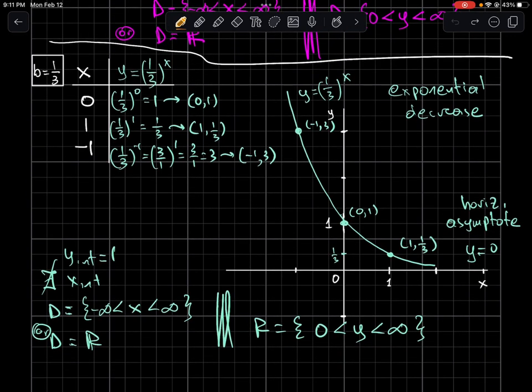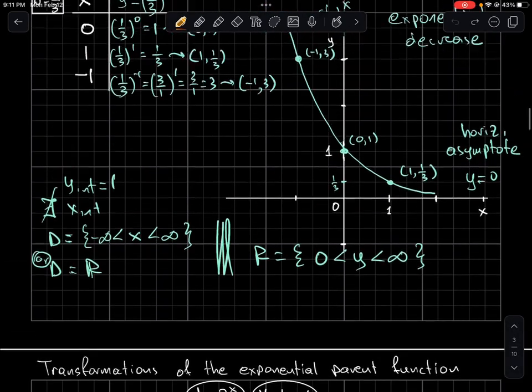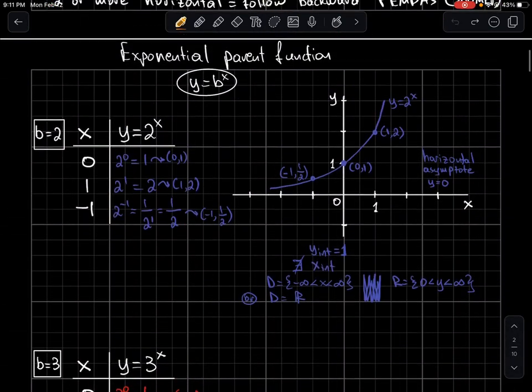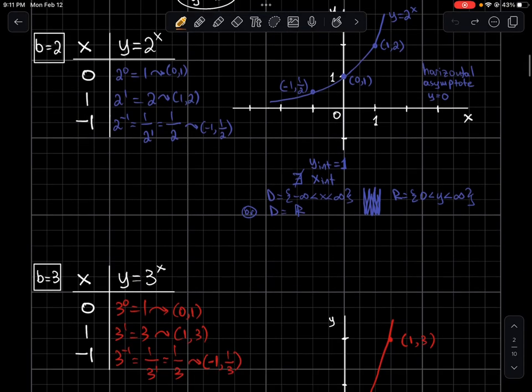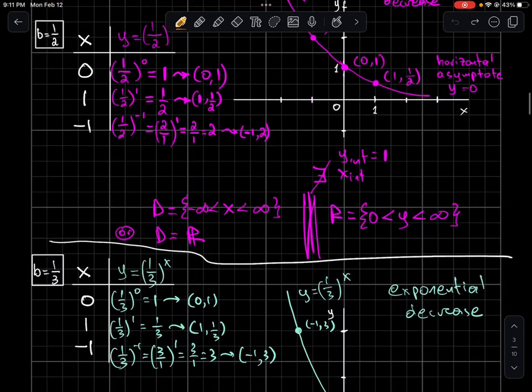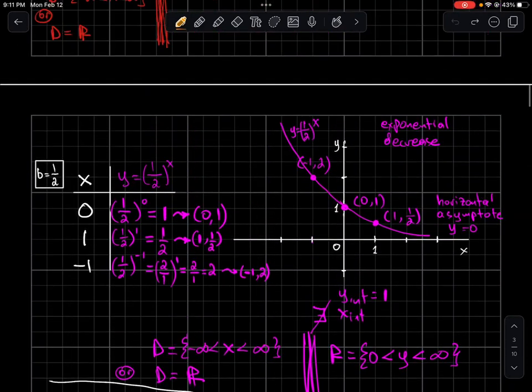Let's do some attributes. The y-intercept is 1, no x-intercept because there is an asymptote, the usual horizontal asymptote on the ground. The domain is all real numbers, which can be written two ways, with inequalities or with a symbol, and the range is the upper half of the y-axis except for 0, so don't put equal here. And that's it. Those are the most usual cases that you will see in algebra 1: 2 to the x, 3 to the x, 1/2 to the x, and 1/3 to the x. Notice